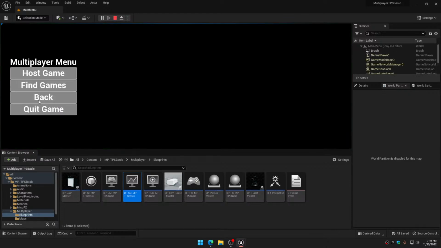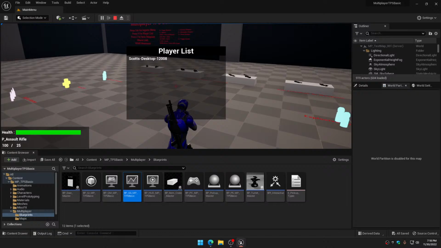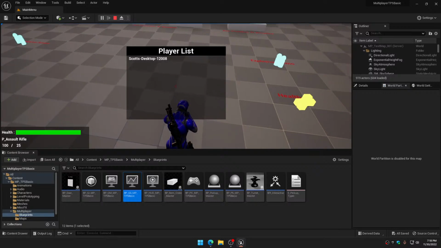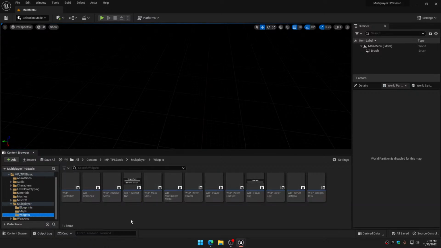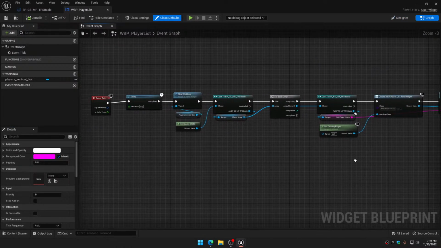So in this little template, let's see, did I put the player list in here? I think I did. If we hit the P key, you can see that there's a player list integrated in here, right? So you would have to tie into that. Since I already have a player list in here, you could look at that widget and see how I'm getting the player. Where would that be? God, it's been a long time since I built this project. I'm surprised that I can remember anything about it. Right here, there's a widget blueprint player list. So if you open this up and you go into the graph, you're going to be able to see